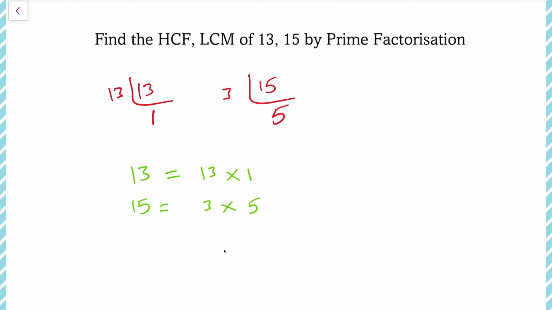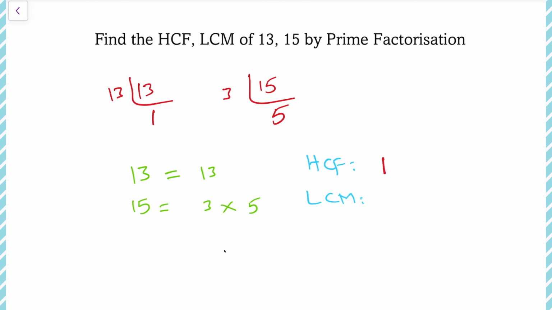Now, if we observe these two, from this we need to write HCF as well as LCM, right? In the prime factorization of 13 as well as 15, just remove this into 1 because 1 is not a prime number. Now 13 can be written as 13 only and 15 can be written as 3 into 5. To write the HCF, first we check for the common. In this, nothing is common in both. That is the reason we write HCF as 1, because 1 is a factor of every number. So if we don't have any common number, then we write the common number as 1, that is the HCF.